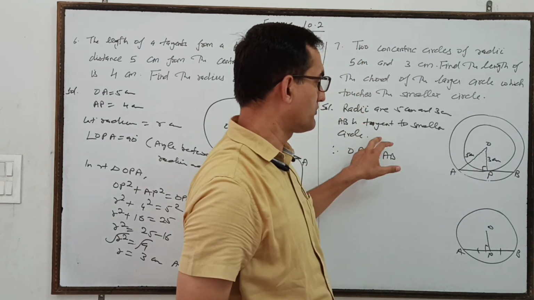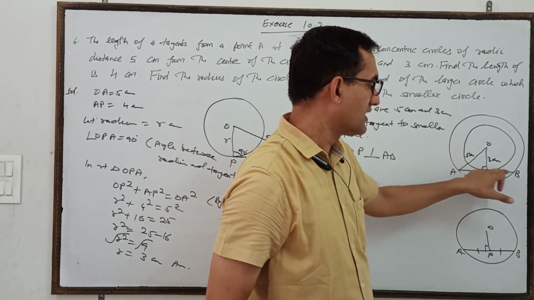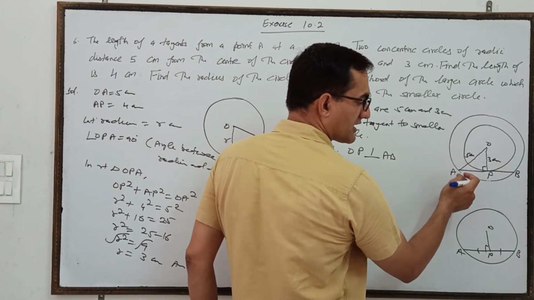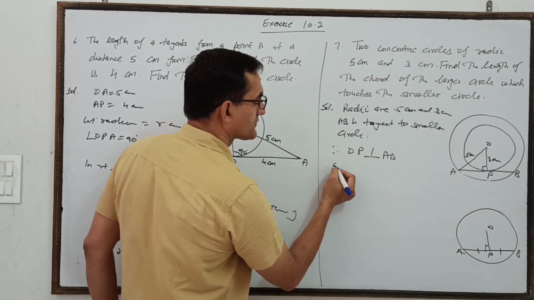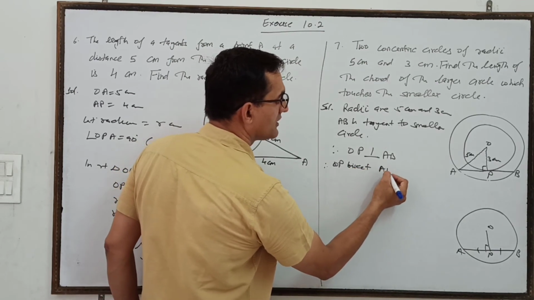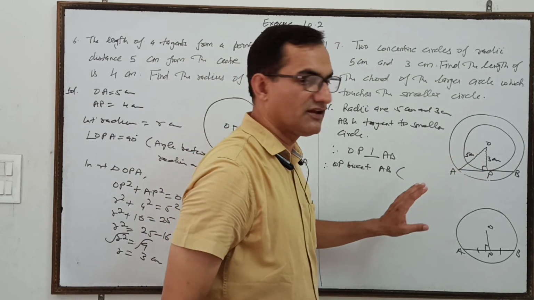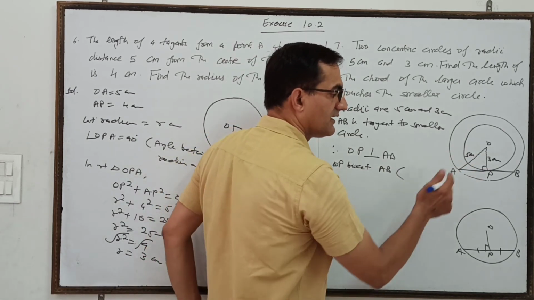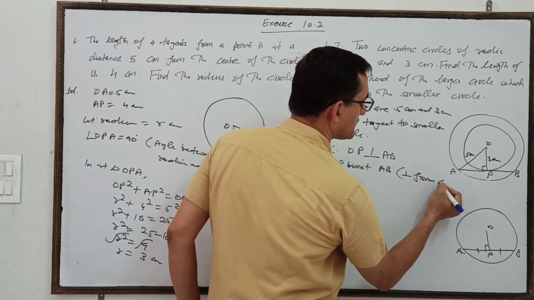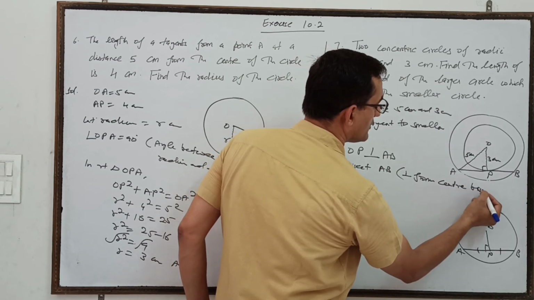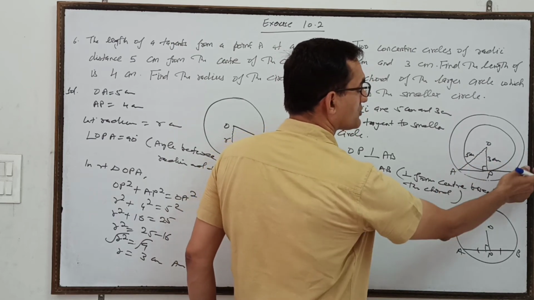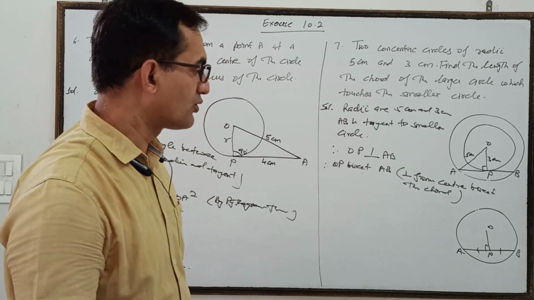आपने बता दिया टेंजेंट है, टेंजेंट बताते ही आपने कह दिया OP is perpendicular to AB। और जैसे ही आपने OP परपेंडिकुलर बता दिया तो सीधा कह देंगे OP bisect AB। Therefore OP bisect AB। रीजन क्या देंगे कि परपेंडिकुलर फ्रॉम सेंटर बाइसेक्ट द कोड। सेंटर से जो परपेंडिकुलर होता है वो कोड को क्या करता है, बाइसेक्ट।